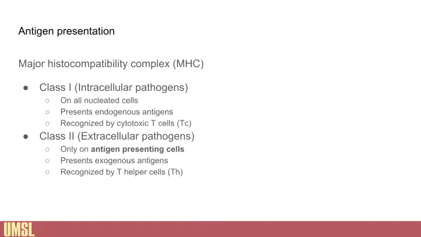So the more pertinent to generation of antibodies is MHC class 2 receptors, and this is really how we generate immunity to extracellular pathogens, or when pathogens are in their extracellular state, and these are only found on antigen-presenting cells. And so these macrophages and other dendritic cells that are moving around, and they're basically gobbling things up. Part of that process of kind of indiscriminately gobbling things up, especially things that the toll-like receptors on those cells are binding to, is that